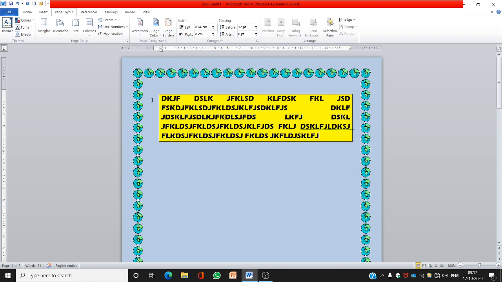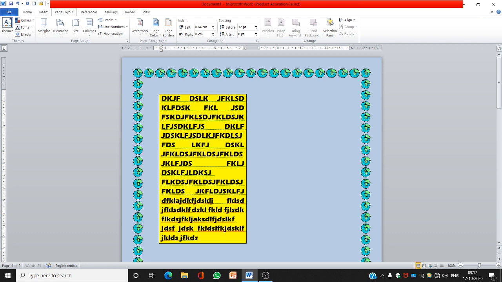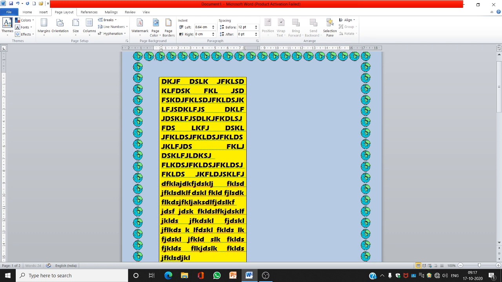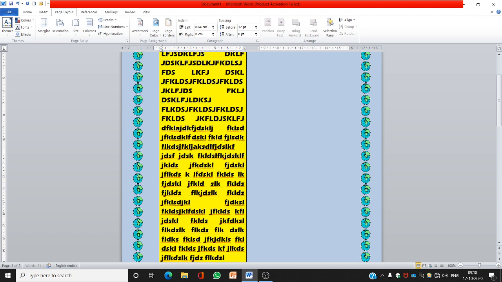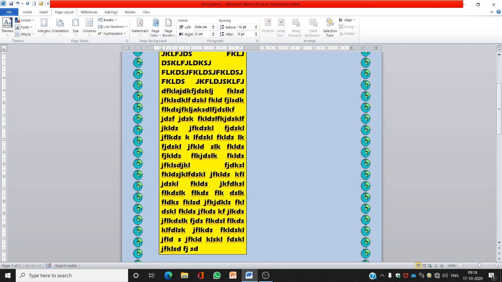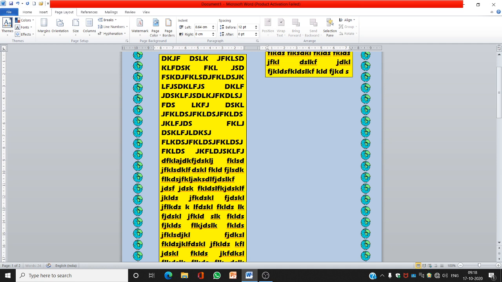We are having one column here in this page. So click on insert, click on your columns option. In your page layout, columns option is there, 2 column. We are having only this text that is placed in one column only. So what we have to do, we have to write more text that will be placed in the next column also. So when the first column is filled, your text will be placed in the next column in this way.